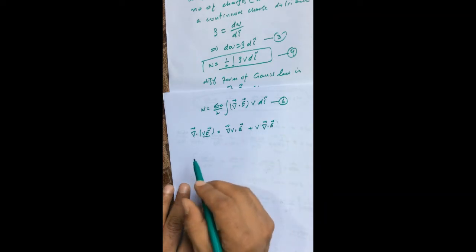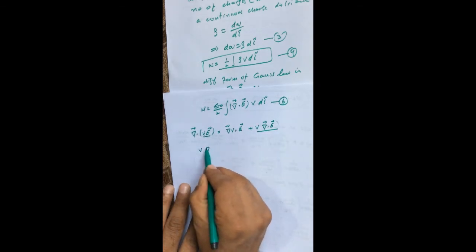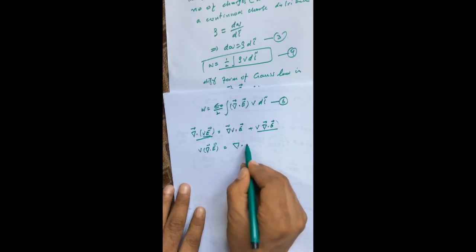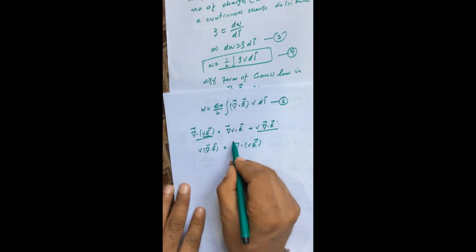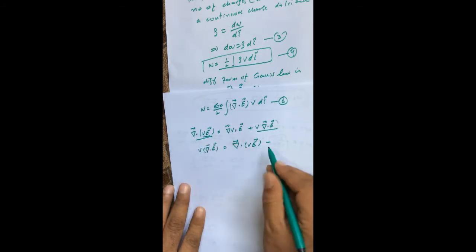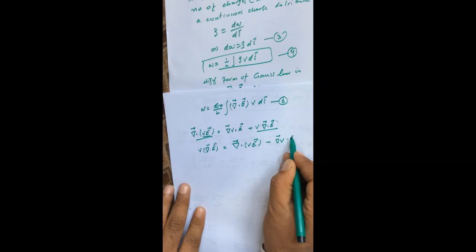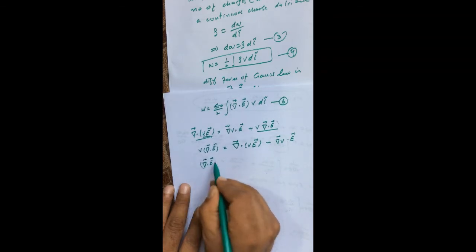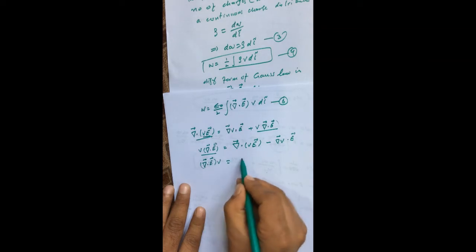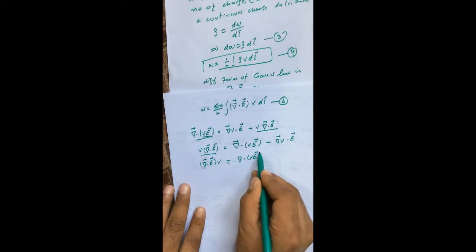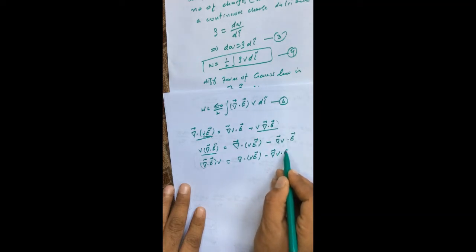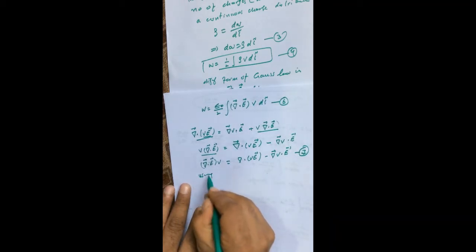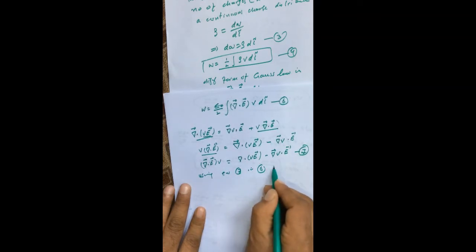From this we can write V into del dot E is equal to del dot VE, and I bring this term to this side, so minus del V dot E. I can write it as del dot E into V is equal to del dot V into E minus del V dot E. This is, let's say, equation number 7. So using equation 7 and 6, we have